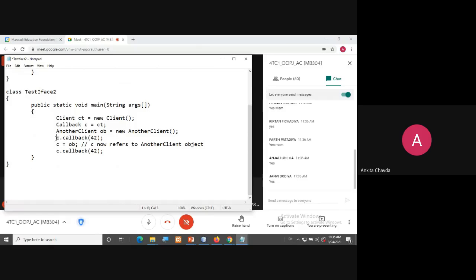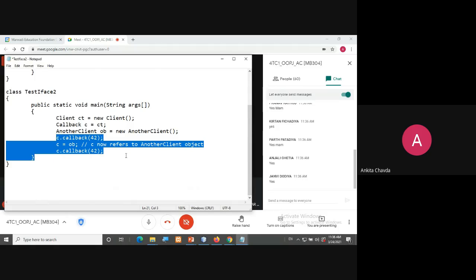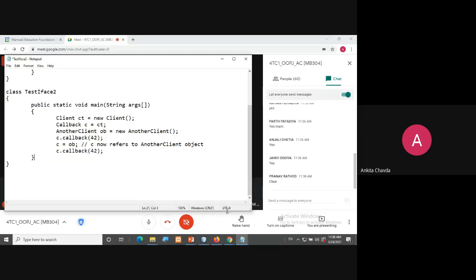Here we are calling the method via reference only. So this is again runtime polymorphism, which we can achieve via interface as well. Fine? Is it clear? Okay. Fine.